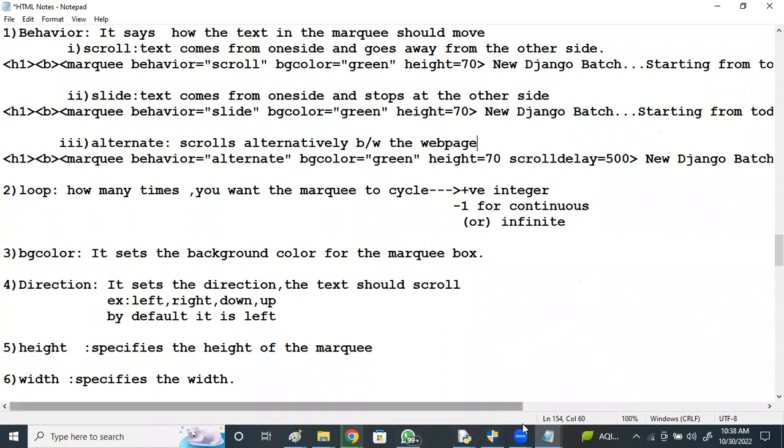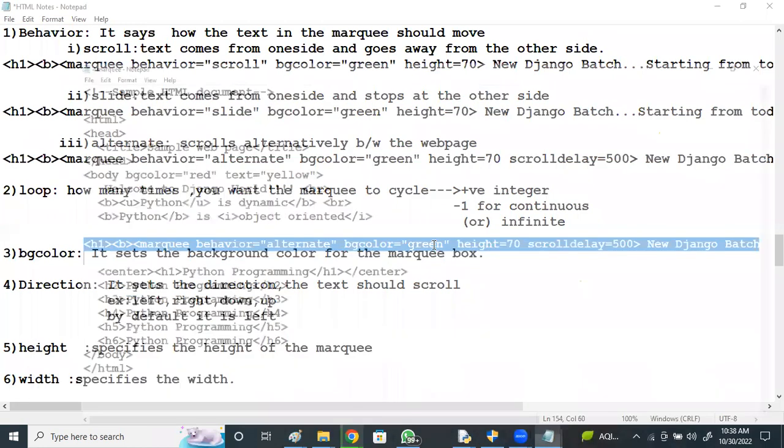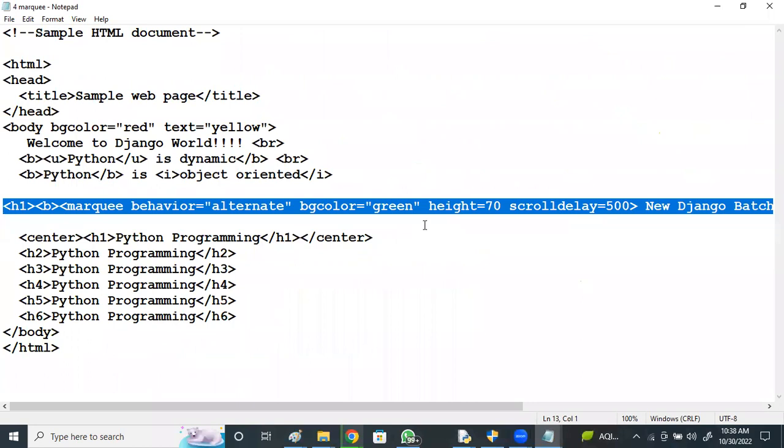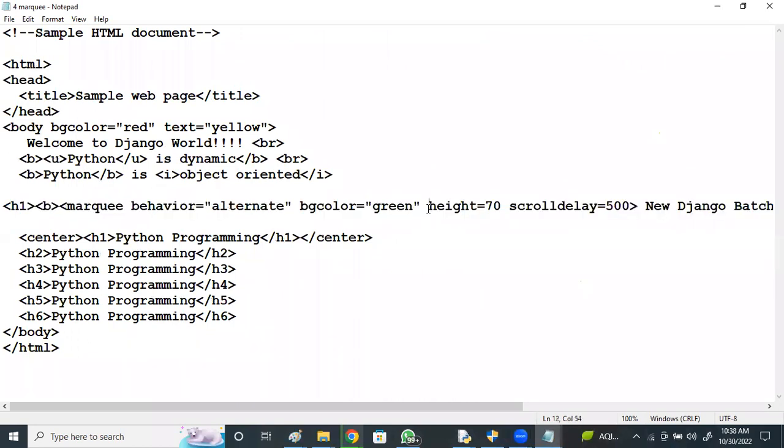Now, for example, if I'm giving like this, check it. Height equal to 70, direction I'll say direction equal to up.